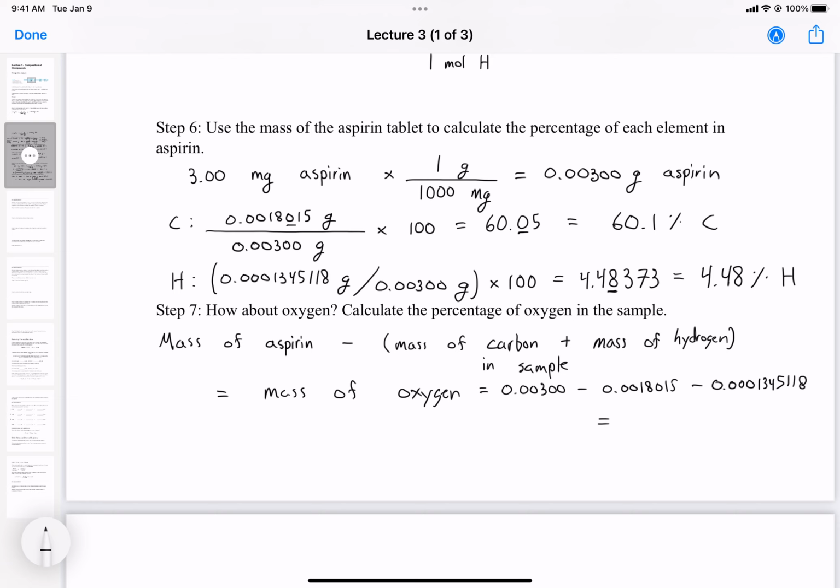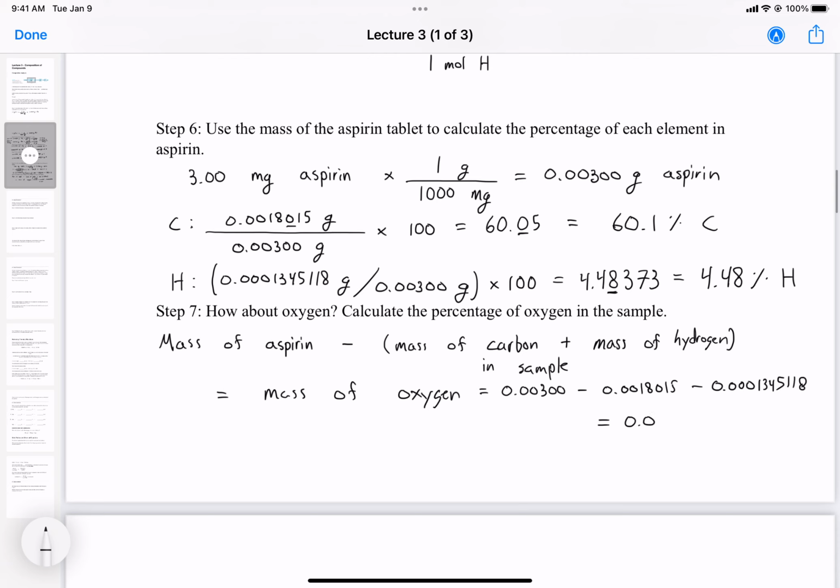0.12313451118. So if you have a negative number, that means you messed up. We messed up somewhere, and we should go back and check our math. So there should not be a negative value. So we get 0.00010